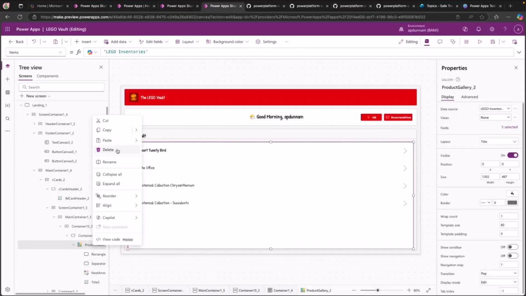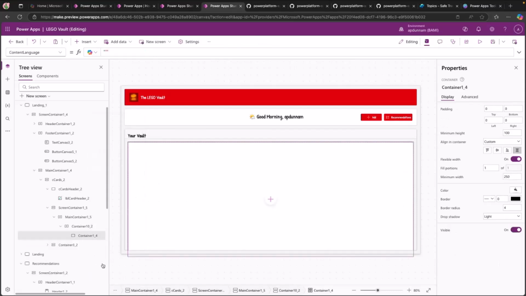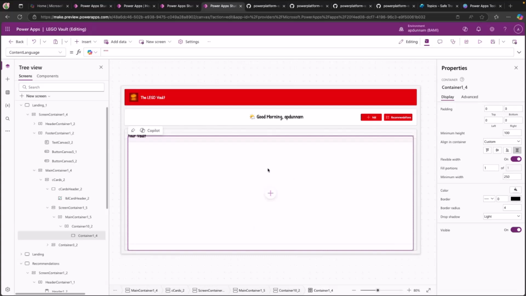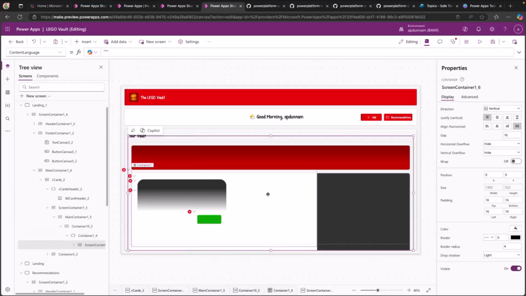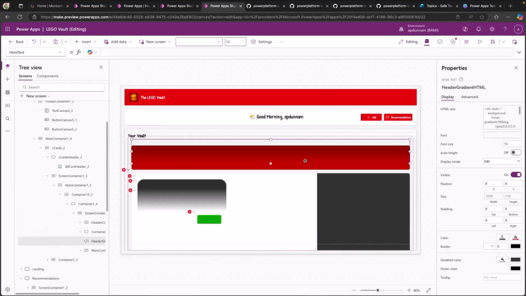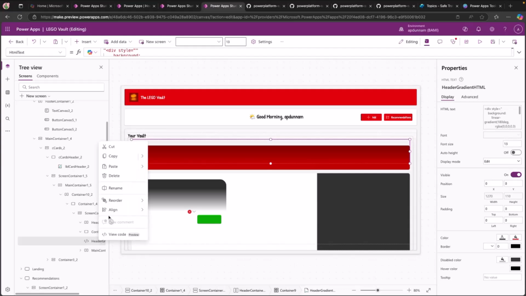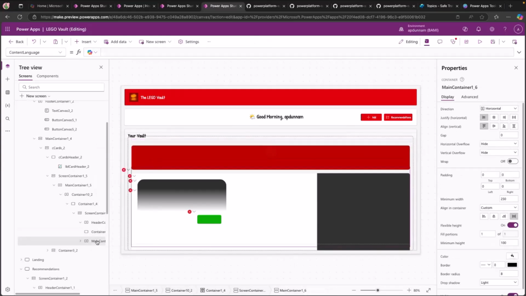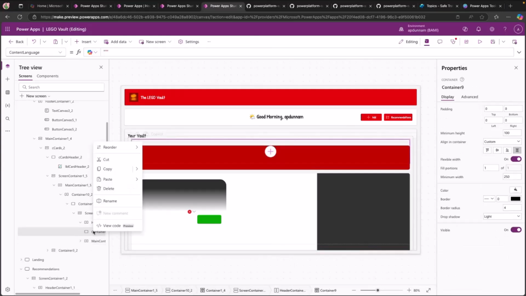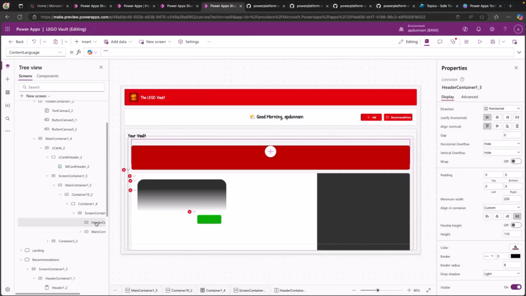Let's see, I'll just delete this gallery because I want to start over with my snippet. I'm going to go into this container and we'll paste in this new code. And we'll see what happens here. Whoa, okay, so there's a lot going on, but I think I don't need quite all of this. So I'm going to just start deleting some of this stuff. I don't think I need this container. I really just want the gallery piece because there's a lot going on with this particular snippet here.